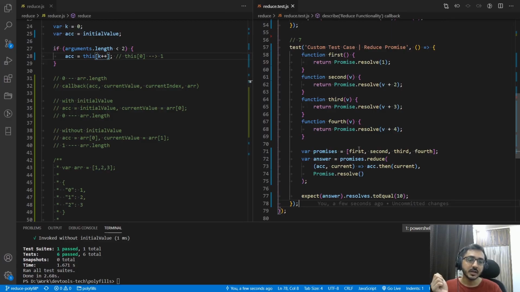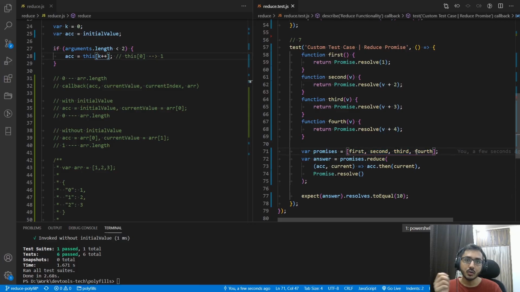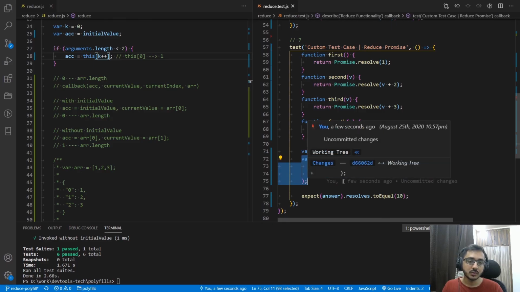The problem statement here is that if you have an array of promises where you don't know what is the length of the array, it can have 4 promises, 5 promises, 10 promises, where each promise depends upon the value of its preceding promise, and you have to iterate over them in sync, compute the value, and the final answer should be a promise which resolves to something.